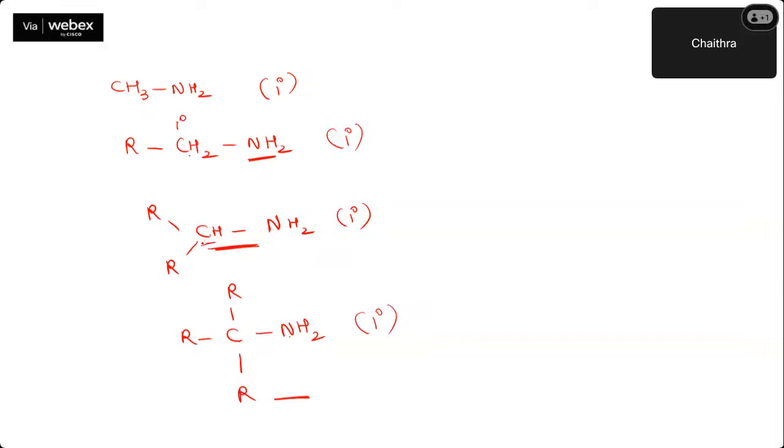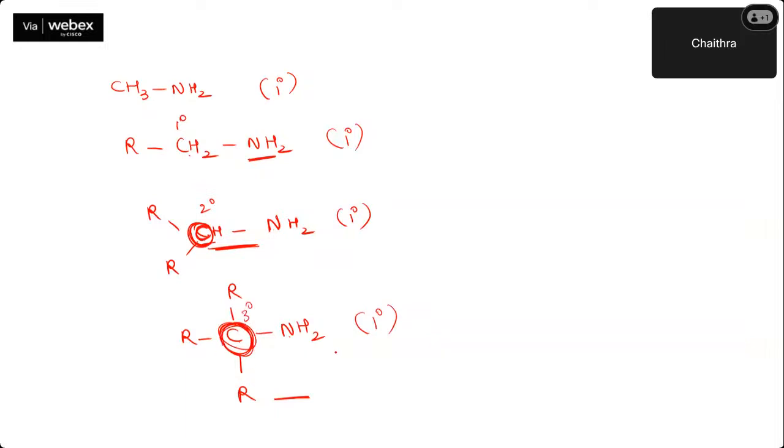This carbon, can you tell me what is the nature of this carbon, guys? This carbon is directly attached to how many carbon atoms? More. It is attached to 2 carbon atoms, right? So it is secondary. So this carbon atom is directly attached to how many carbon atoms directly? This is a tertiary carbon.